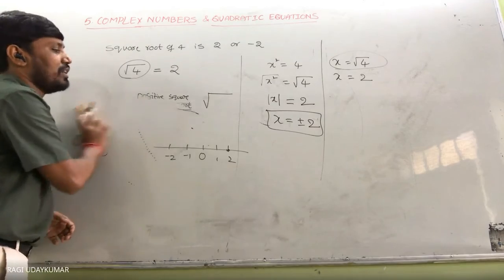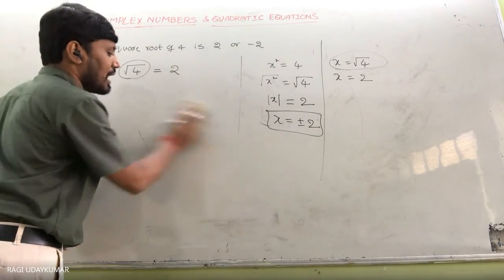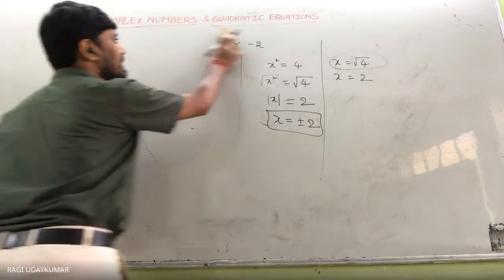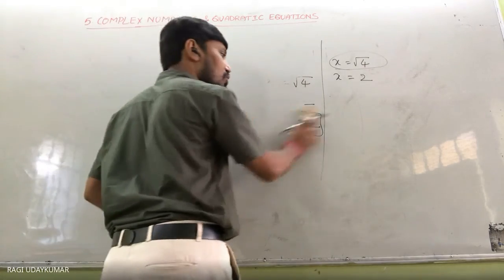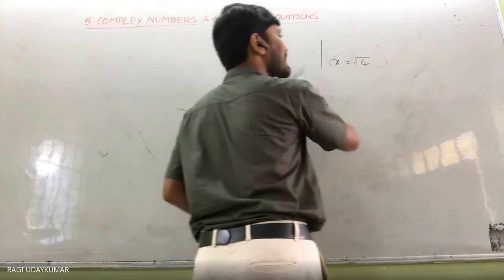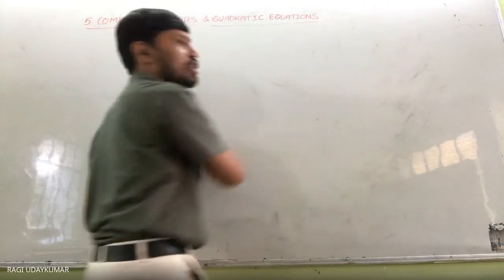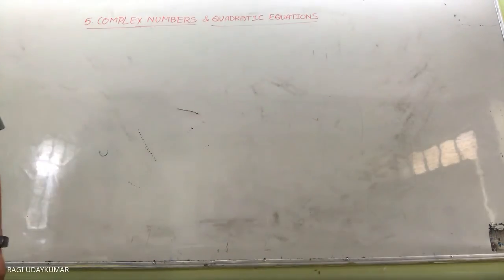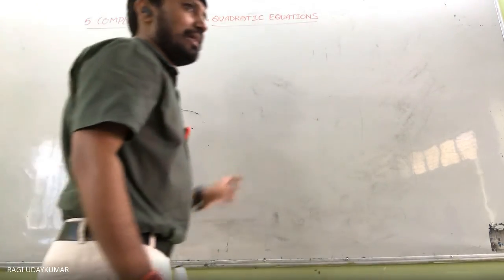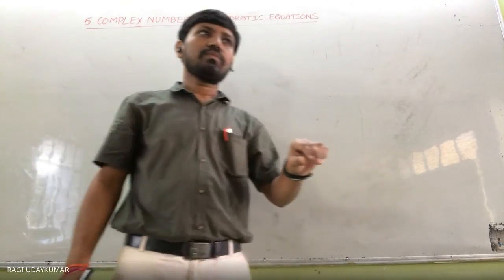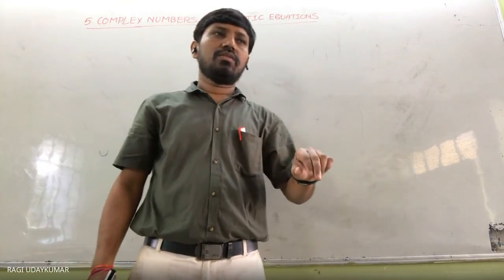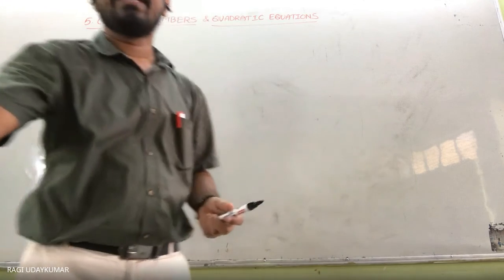And now we are going to learn the complex numbers. All these are real numbers. This square root is an irrational number, isn't it? These are all irrational numbers. All of these are real numbers. So what are the things we are going to have in the real numbers?